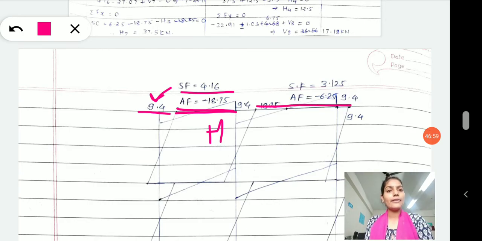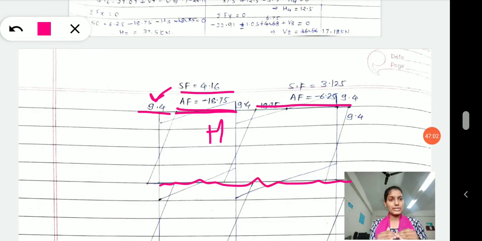Now there are other forces in the lower stories that I have not mentioned. Those I am leaving to you. You find out from the given calculation which is the shear force, which is the axial force, which one is creating a bending moment, and please add all those values in this bending moment diagram.